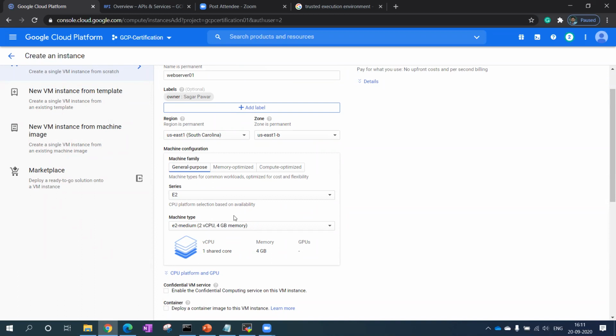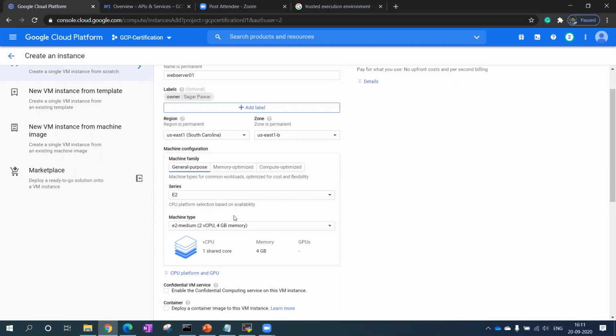It will not allow me. Why? Because a default soft limit is placed, which is not allowing me to create another VM. But if you want to increase your capacity or limit, then you can open a ticket with Google, and you can increase your quota of CPUs.